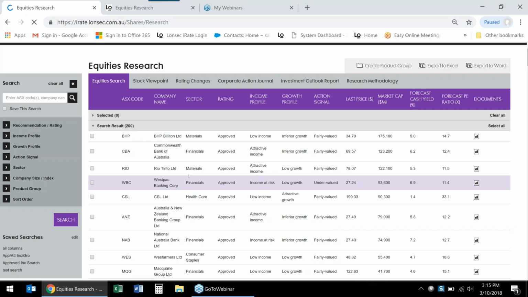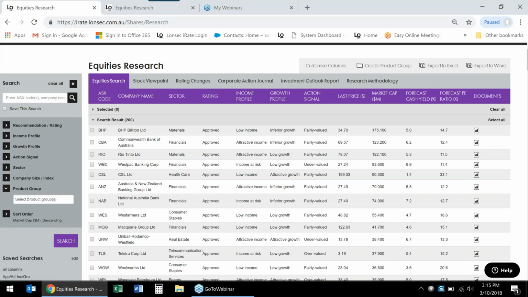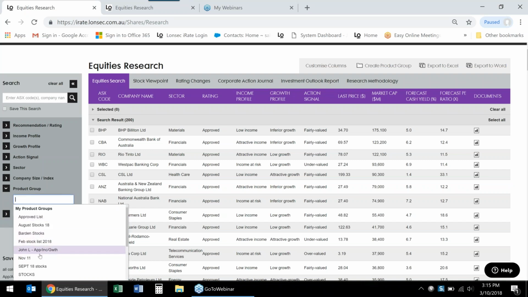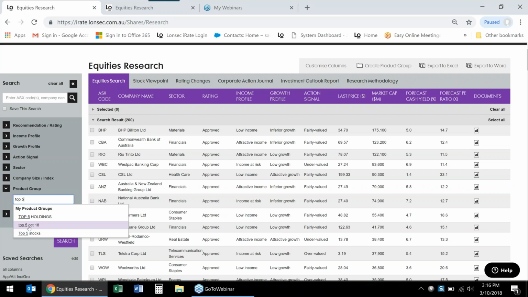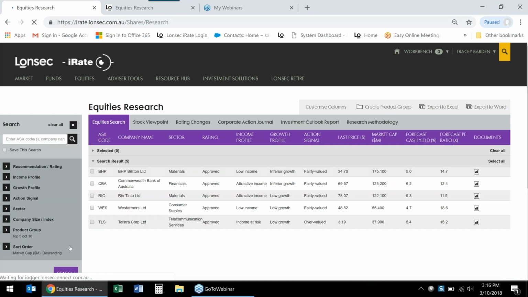So now I'm back to my universe of 200, and I want to retrieve that group that has 5 stocks because I want to download the research report. So I use my filters here on the left, the very same way as you would in managed funds, and I come down to product group. Click in here, and it will bring up this white box with a list of stocks in here, and you can start with, I think it was top 5. So here we have top 5, October 18. Click search, and it should give me my 5 stocks. So perfect, we now know that we've added Telstra in here as well.